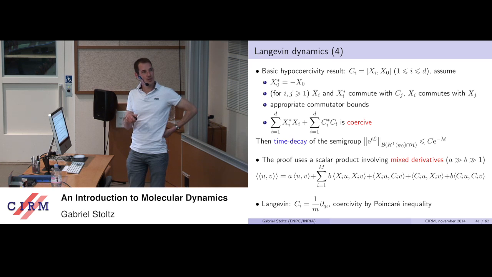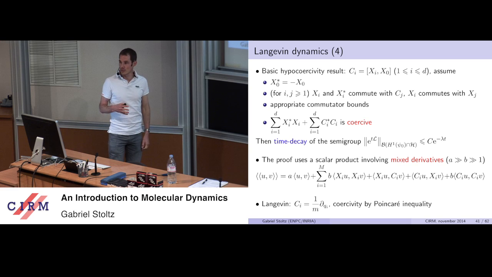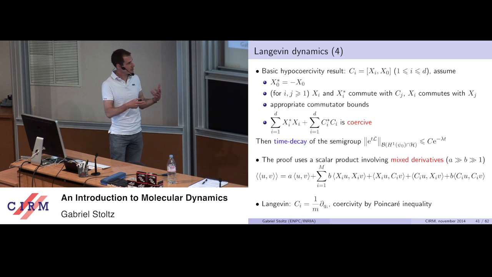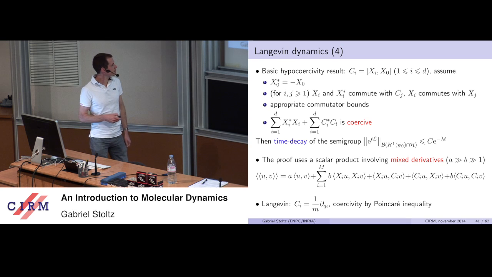And those terms, although they are small because there is a 1 in front of them compared to a B here and an A here, which are very large, are really important to obtain dissipation in the Q directions. And so this commutator structure was implicit in the work by Thaler, and it was really afterwards that, in the book by Villani, this commutator structure was really highlighted in all its general form.